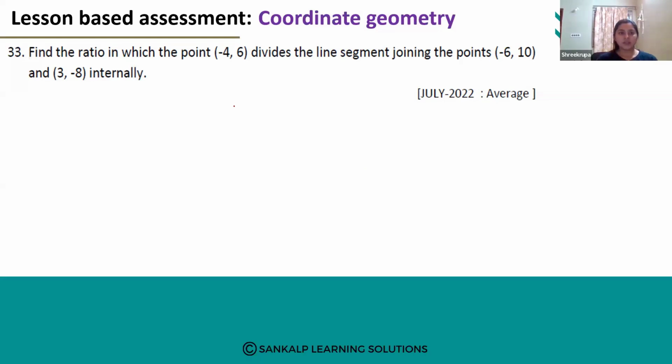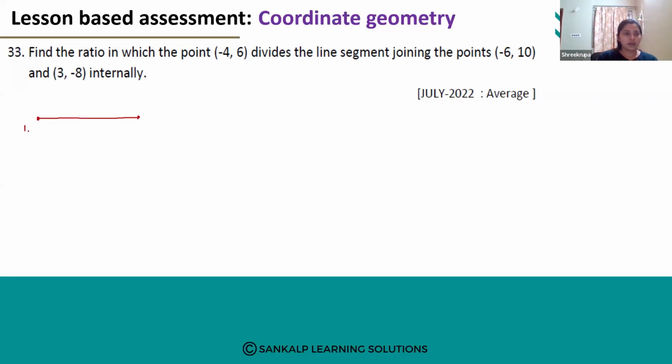Let's look at question number 33. Find the ratio in which the point (-4, 6) divides the line segment joining the points (-6, 10) and (3, -8) internally. So the points are,